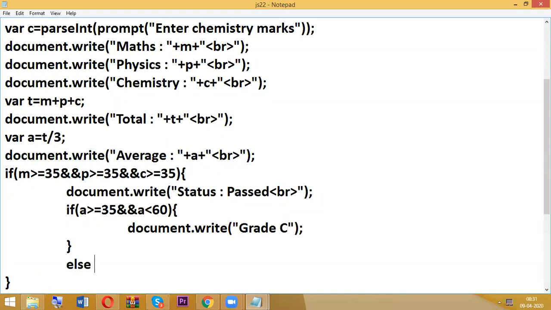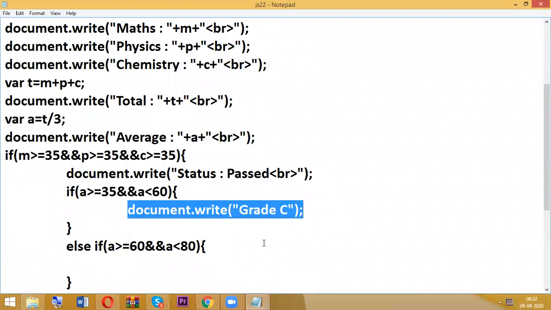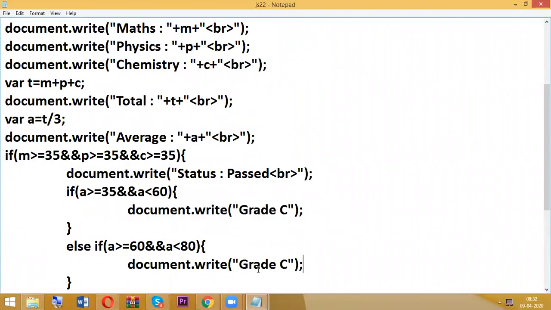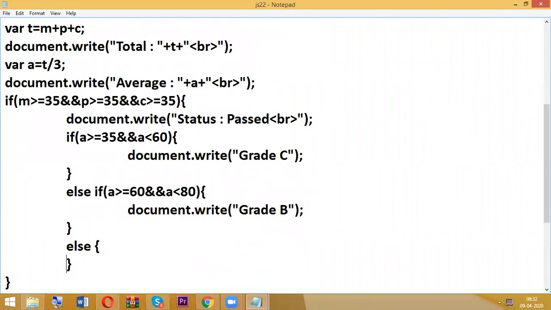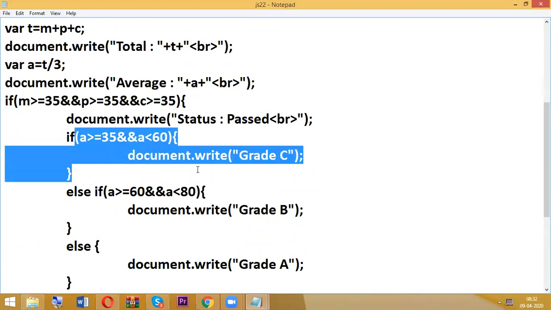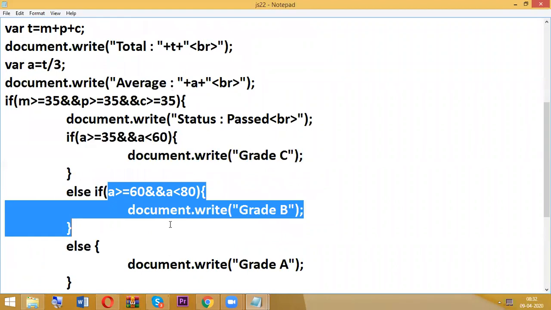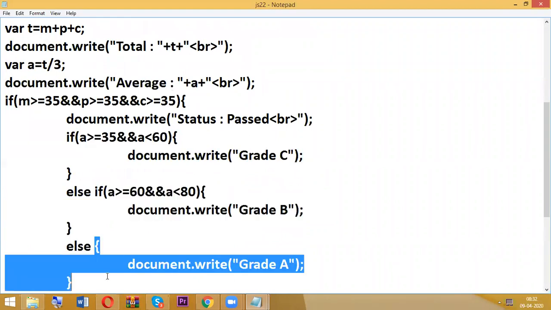Else if, it should satisfy both the conditions: if the average is greater than or equal to 60 and the average less than 80, grade B. And finally, else grade A. So whenever 35 to 59, grade C; 60 to 79, grade B; other than that, grade A.